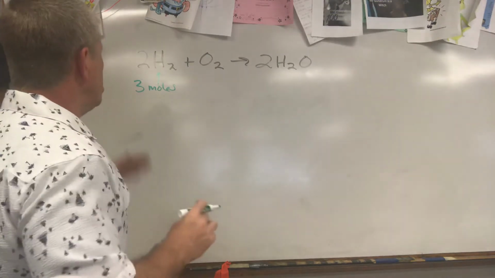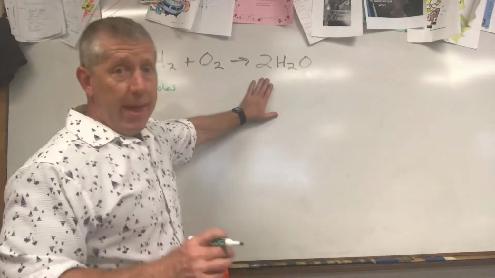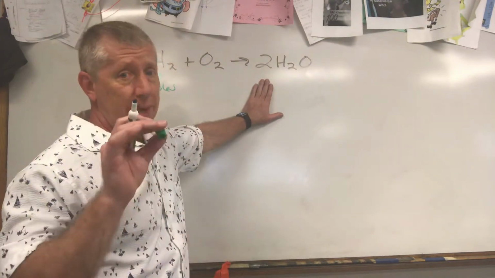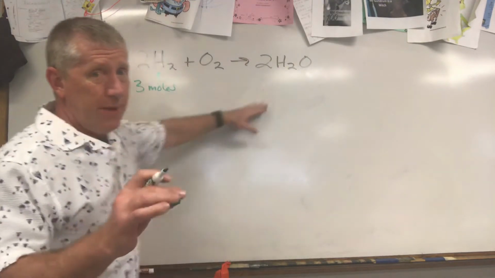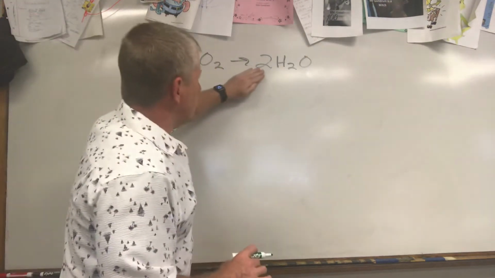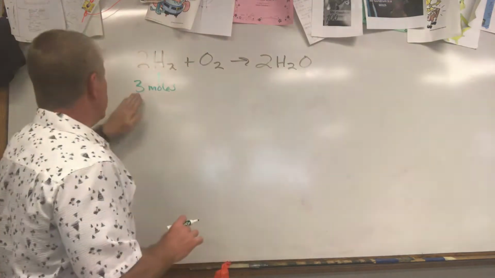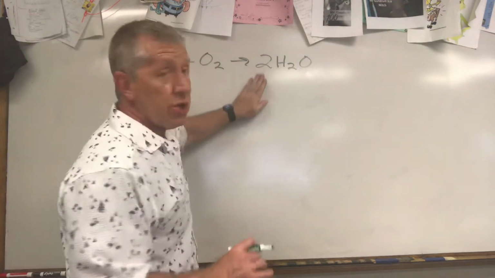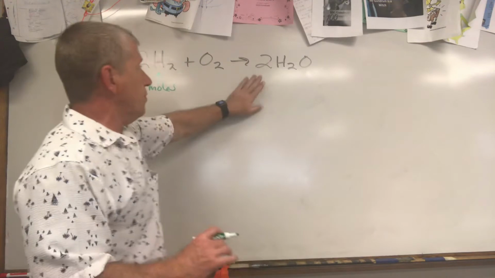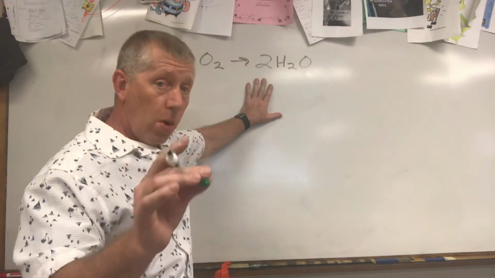if I asked you how many moles of water could we make, I hope you can see the answer to that right now. That's not going to be my question, but I hope you can. Because 2 of these makes 2 of those. So therefore, 3 of these should make 3 of those. I should be able to make 3 waters, so 3 moles of water. Okay? That would be what is called a mole-to-mole